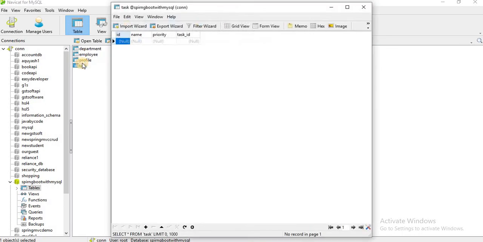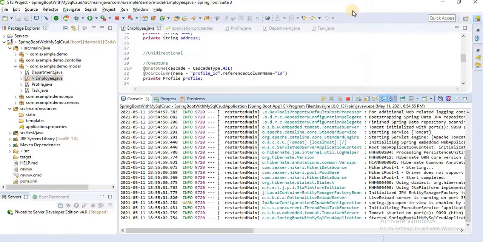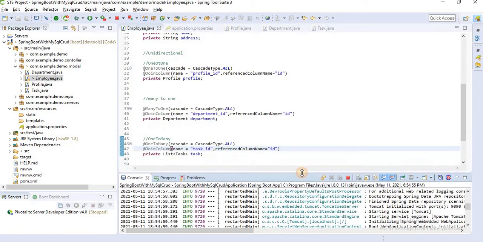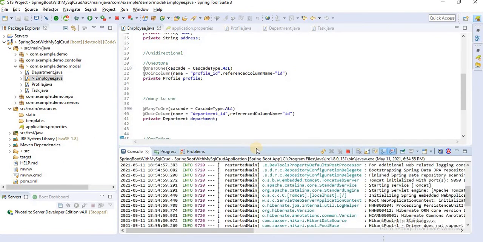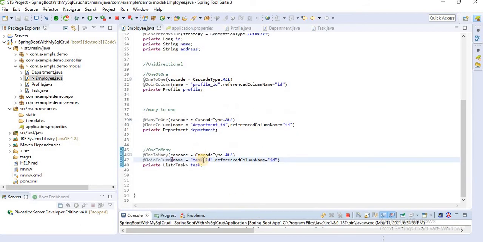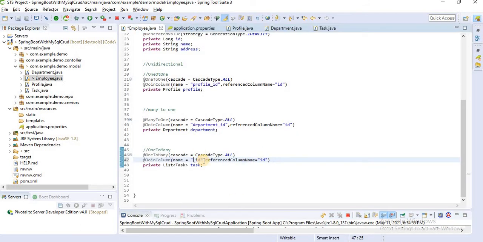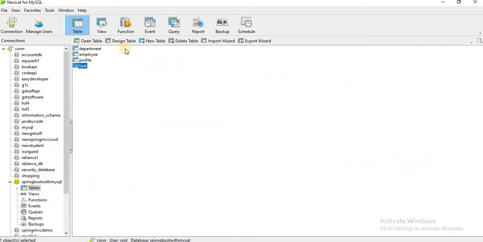In a task, here we have a task ID. Let me change task to employee ID. Okay, let's save.